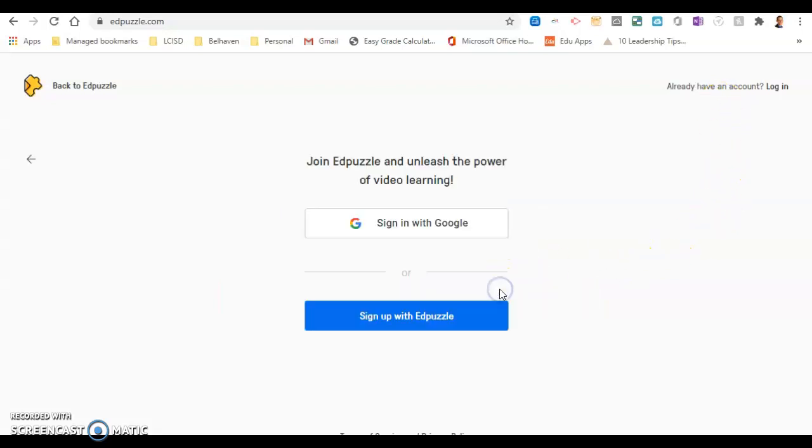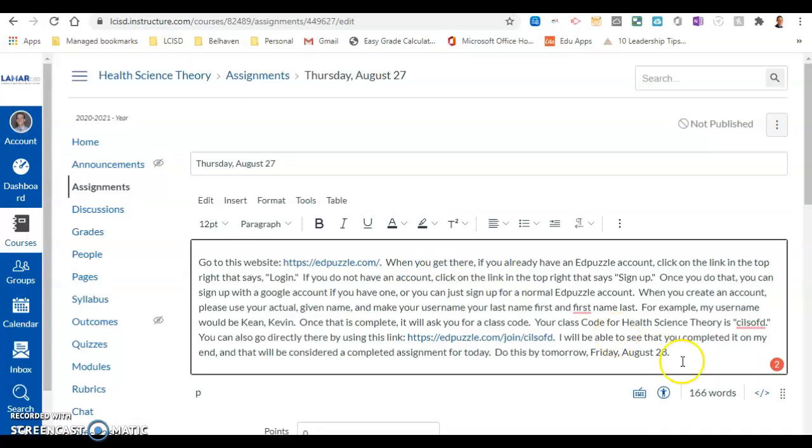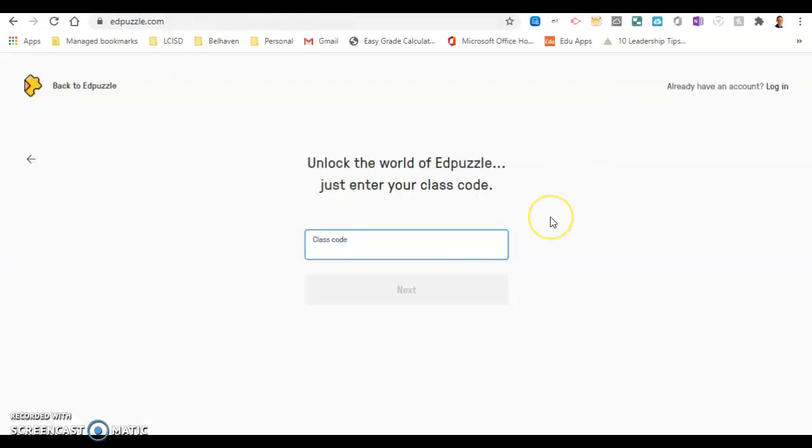You say I'm a student, and if you have a Google account, go ahead and log in with your Google account. If not, you don't have to have an email or anything. You just click on sign up with Edpuzzle and it's going to ask you for a class code. I gave you the class code in the assignment right here. This may not be your class code because I'm doing this for a couple different classes, but there's the code right there. You go to Edpuzzle, you put that in,